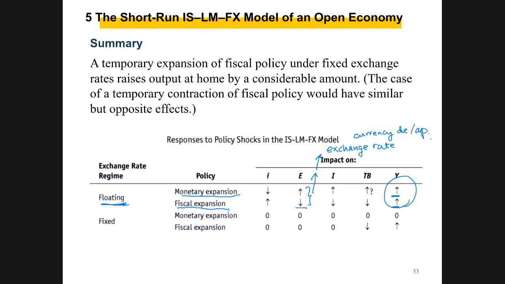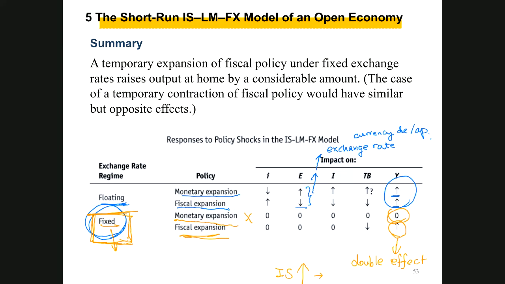Whereas if you are under the fixed exchange rate regime, which right now is not a common exchange rate regime, monetary expansionary policy does not work. It will not help your output. Okay? But fiscal policy will have the double effect, right? You need to increase, IS shifts to the right, and then you need to use LM shift